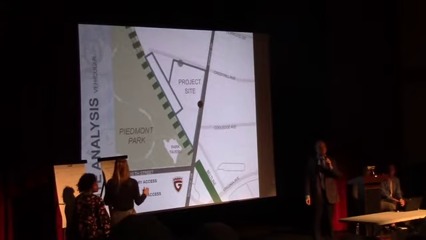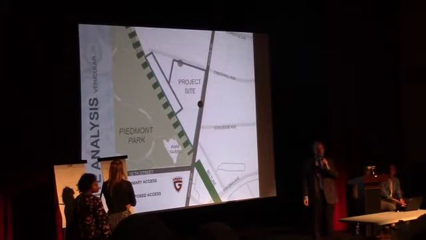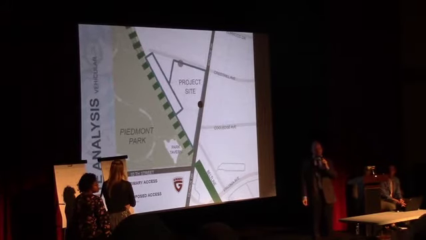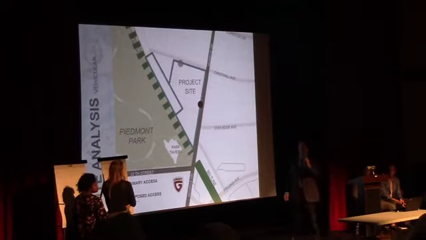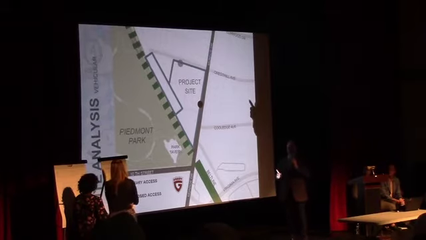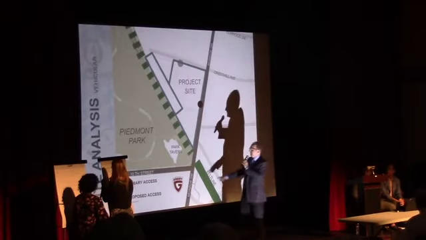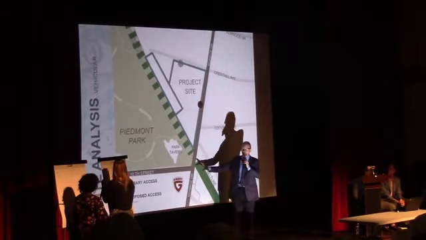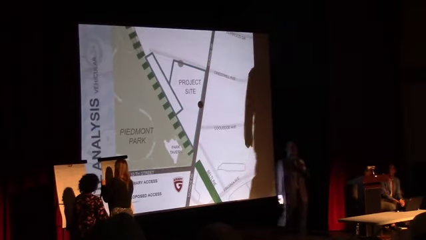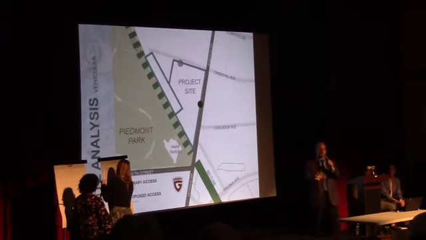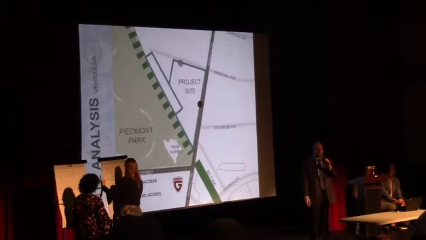I want to know what you're going to do to this intersection to make it work for the traffic that already comes in there, much less the huge amount of traffic you're adding to the intersection. What are you going to do to the intersection? What's going to be better about it? So the question is, what are we going to do to the intersection? And the answer is that there is a team from the Beltline and the city, and part of this process is we're going to work on that. I don't have the answers today, but this is going to take time, and part of this process is figuring that out because it's critical.